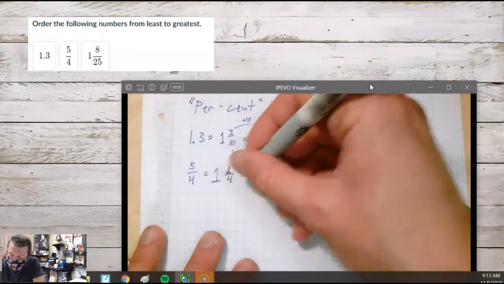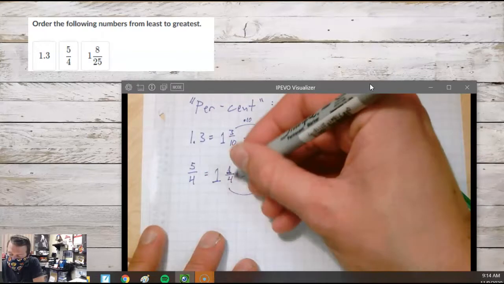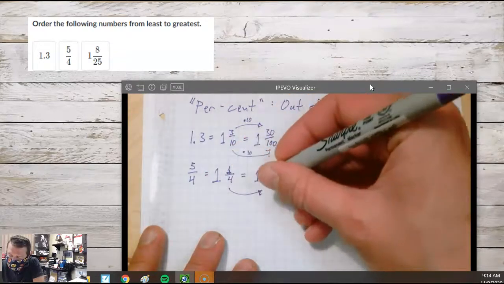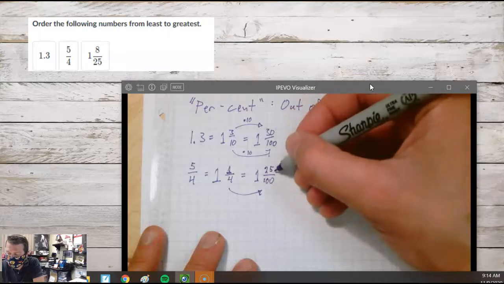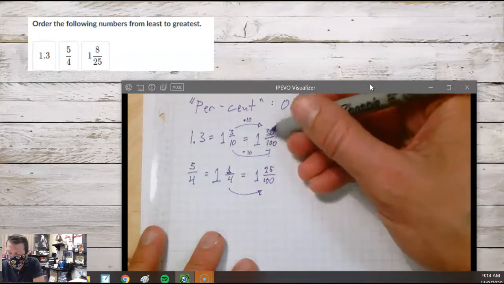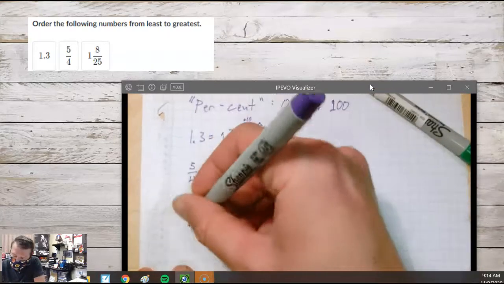Ooh, or I can convert this to a denominator of 100. That's what I was about to say. 1/4 is really 25 hundredths. So, okay, we know 30 hundredths will be more than 25 hundredths. So right now, this first number is bigger. But then 1 and 8